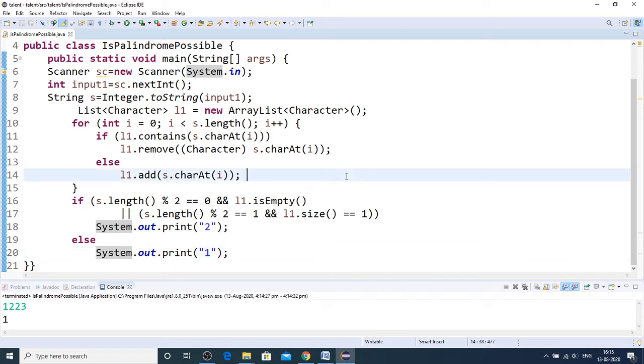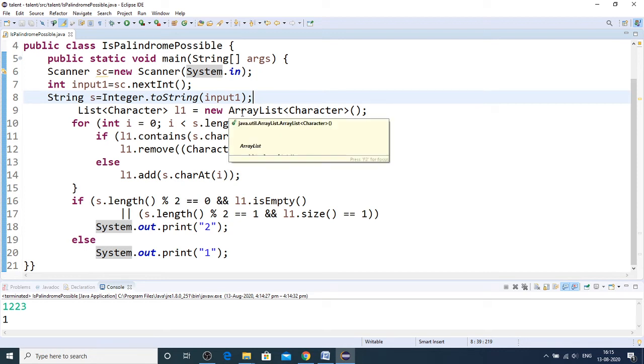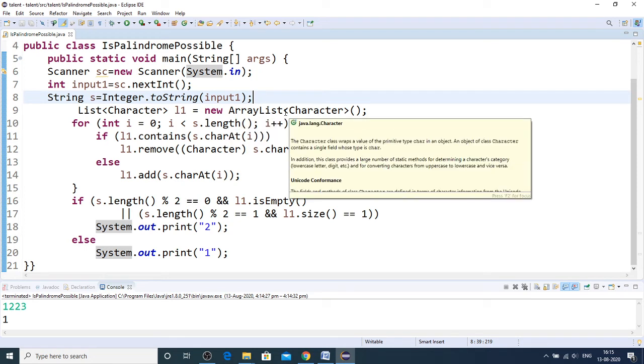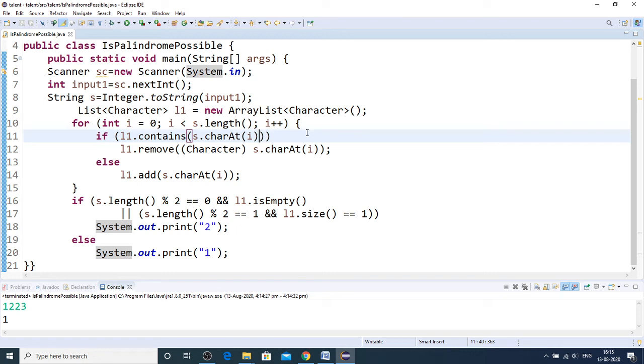Now the code which I have used is, first, since the input given is an integer, in order to simplify testing for palindrome, I have first converted that integer to a string. Then I have taken a list of characters, so that I can parse it one character at a time.